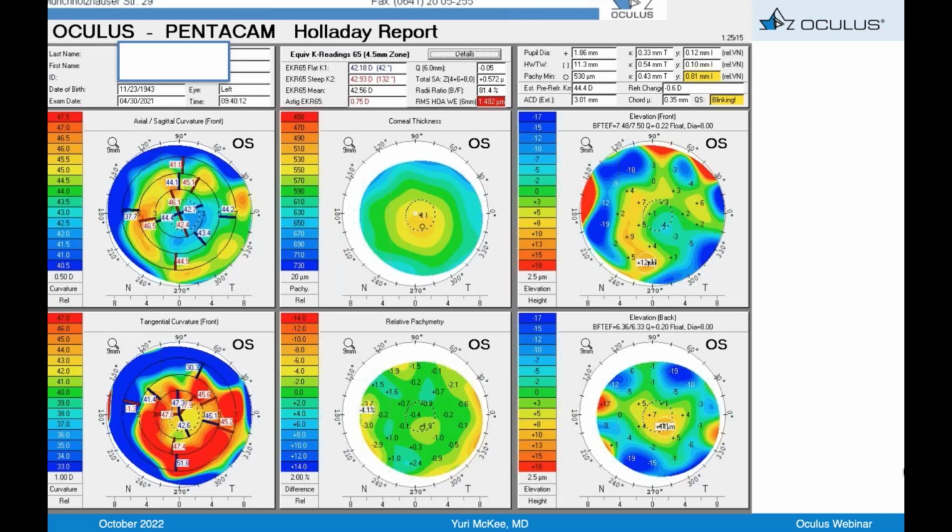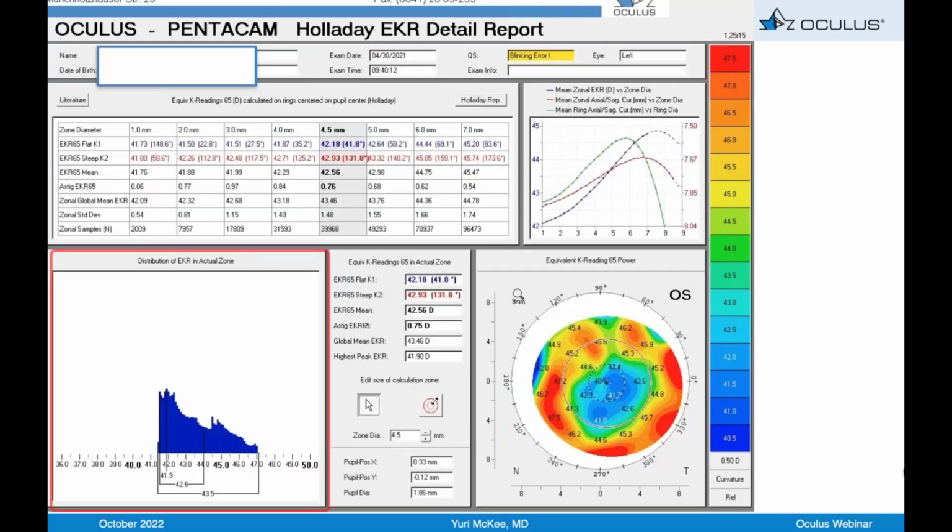But look at how wide and no dominant peak we have in the distribution of the EKR values. The EKR-65 has the same thing. The distribution of powers looks like a flat flattening of a steeper cornea. So that's kind of unusual there. And again, the Gauss variation was only about 80%. But the